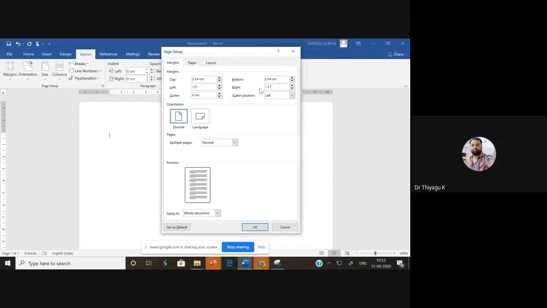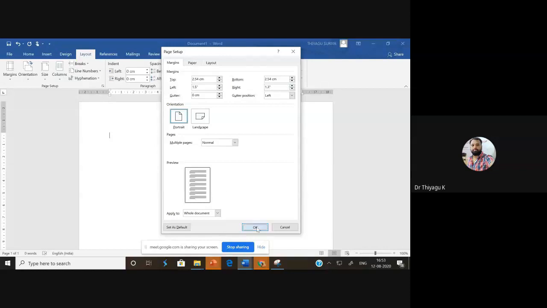Because for the left margin and right margin, there is a chance that they may get cut. Sometimes when you go for binding, the binding people may cut the left side and right side. For that reason we have to give some extra space on the left and right sides. Particularly for the PhD level, you can go with 1.5 inches. If you are an MS student, you can go with 1.3 or 1.25, that's enough. But for the right side, if you like, you can go with 1.5, otherwise 1.3 is enough.